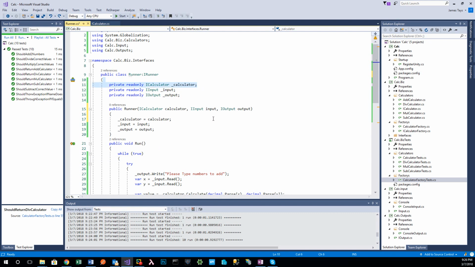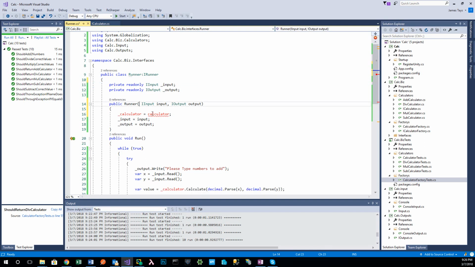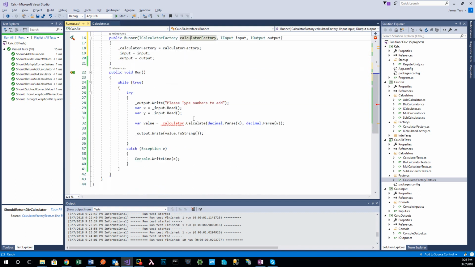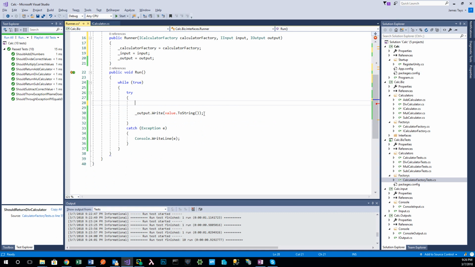So alright, here we want to go ahead. We no longer need to inject our iCalculator because we have a factory that will do it. So what we want now is an iCalculator factory. And we want to go ahead and delete him, and go ahead and introduce our read-only field. So now what we want to change a little bit of this here, right? We don't actually want all of this stuff. We do, however, want an output that is going to write,